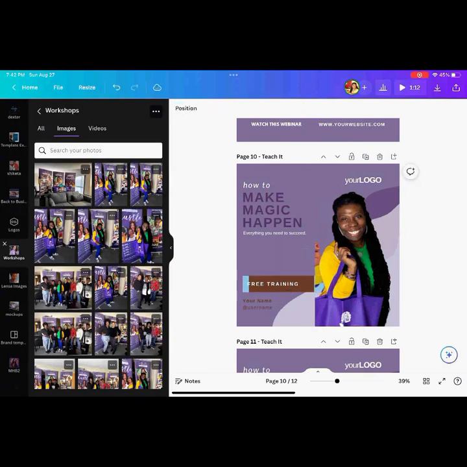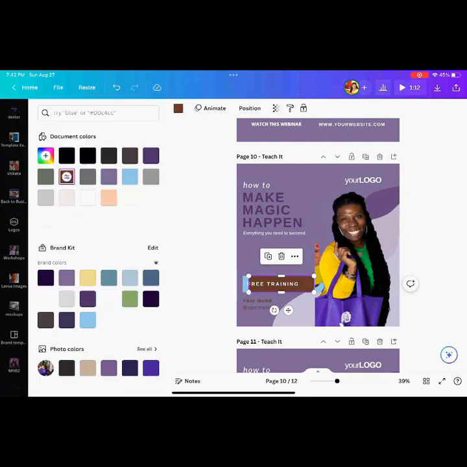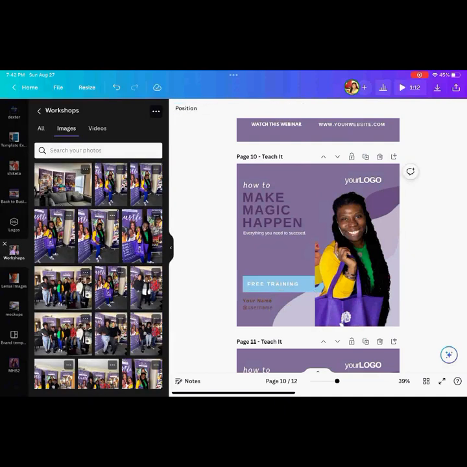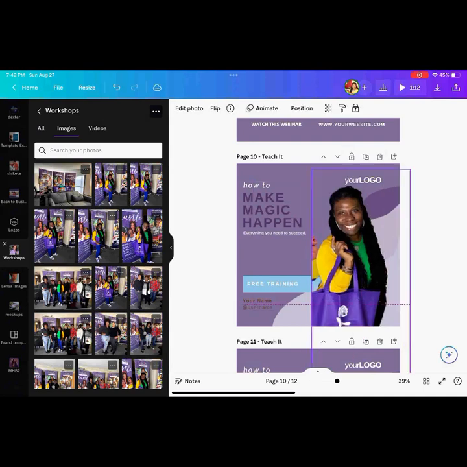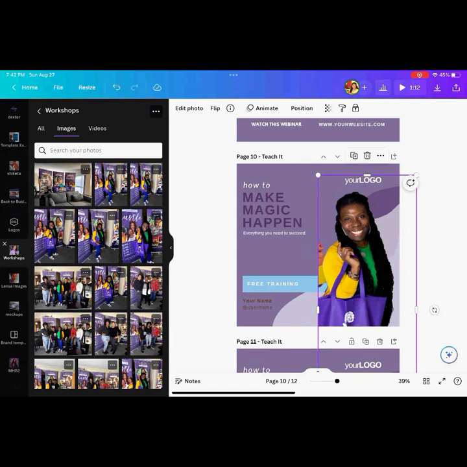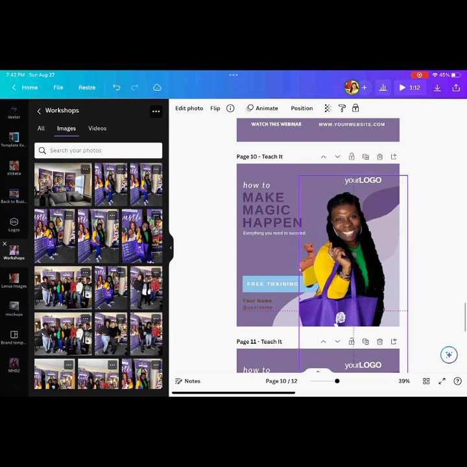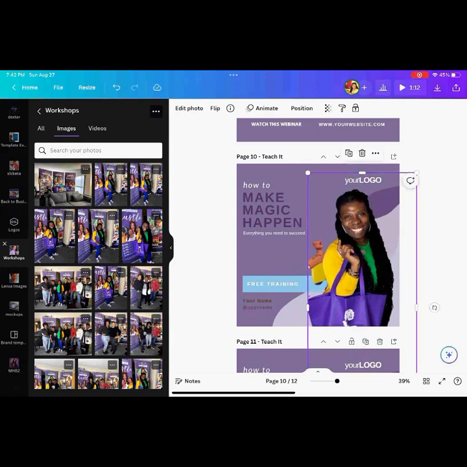I'm not really going to do too much here, just to put it into a little bit of context. Now, you notice that it did remove the background, but there's a little piece here that it didn't remove, unfortunately. There's something that was behind me that you can still see in the image, right? You can see that stuff right here. There's two things that I could do. Either I could just simply crop that out, but if I do crop that part out, I lose a little bit of my bag.